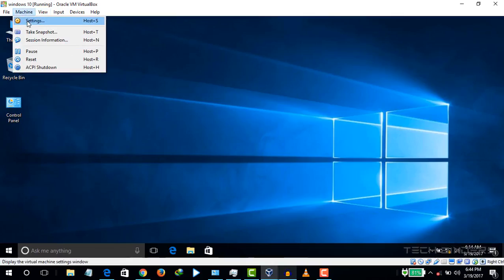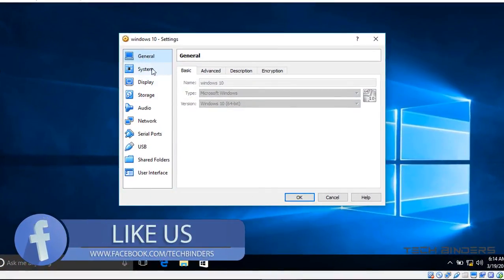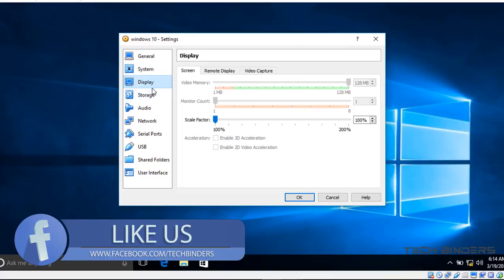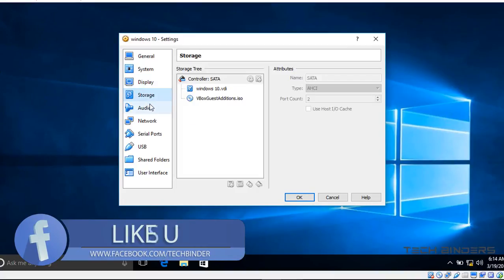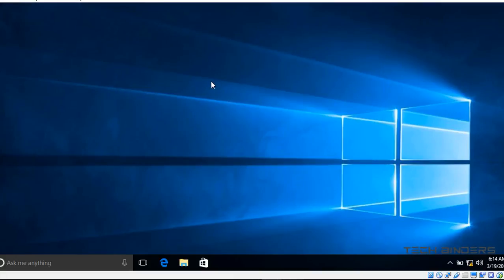As you can see, I have a full screen window, and now I will tell you how to personalize this by using settings. There is nothing to display here, so let me start with general, and here it shows share clipboard, so you can share the clipboard to the main window and to the virtual windows in both directions. Same you can do drag and drop, just copy it and paste it there,